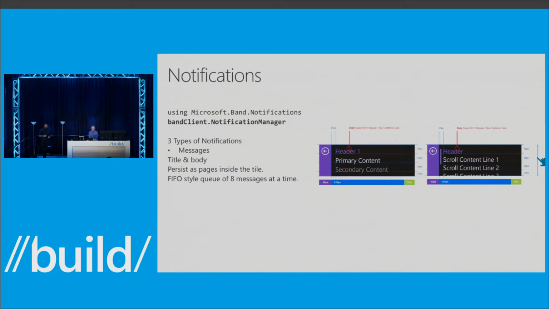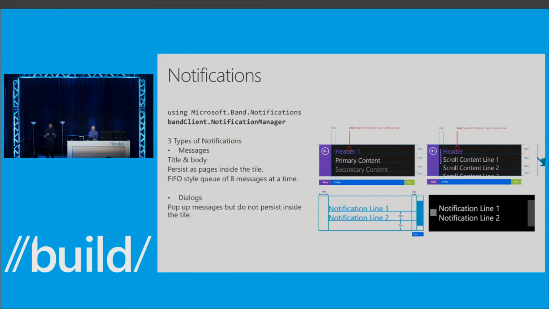Sometimes you want to send notifications which do not require you to show or persist inside of a tile. Those are called pop-up dialogues. When you send a dialogue, it shows up on the Microsoft Band. Once the user dismisses the dialogue, it goes away, and the user never sees it again. That's just to inform the user of something that has immediately happened, and once it's gone, it's gone forever. Sometimes it's even useful to send notifications without any UI. Those are vibration alerts. The SDK allows you to send a predefined set of vibration types to inform the user of some feedback, or some activity, or if you just want to get their attention without any UI. On the right-hand side, you can see some examples of how this content shows up.